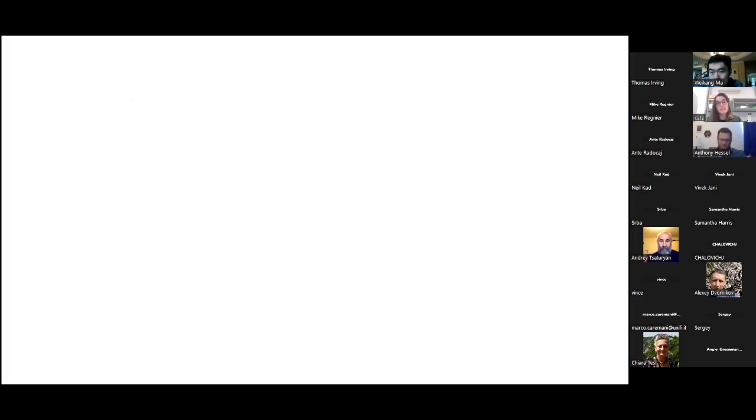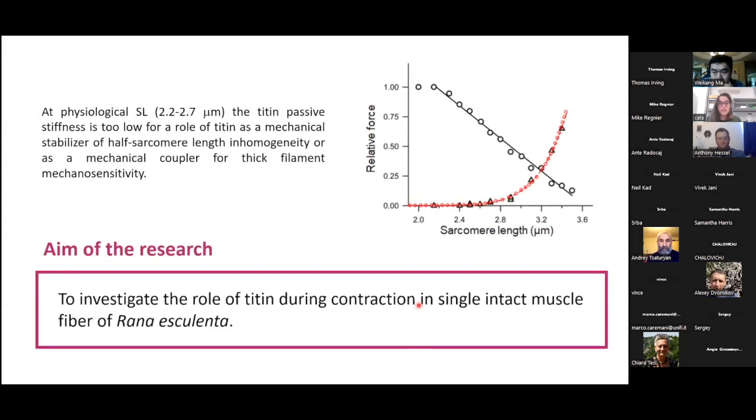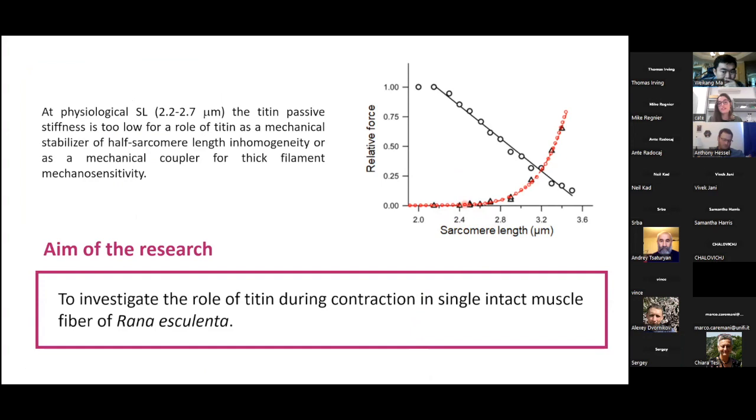But the titin passive stiffness at physiological sarcomere length, so here between 2.2 and 2.7, of the first sarcomere length passive relation in frog, we will get there in a minute. This titin stiffness is too low to account for a role of titin as an efficient mechanical link between the Z line and the myosin filament, able to sustain a mechanosensing-based activation or to prevent inhomogeneity among the sarcomeres during